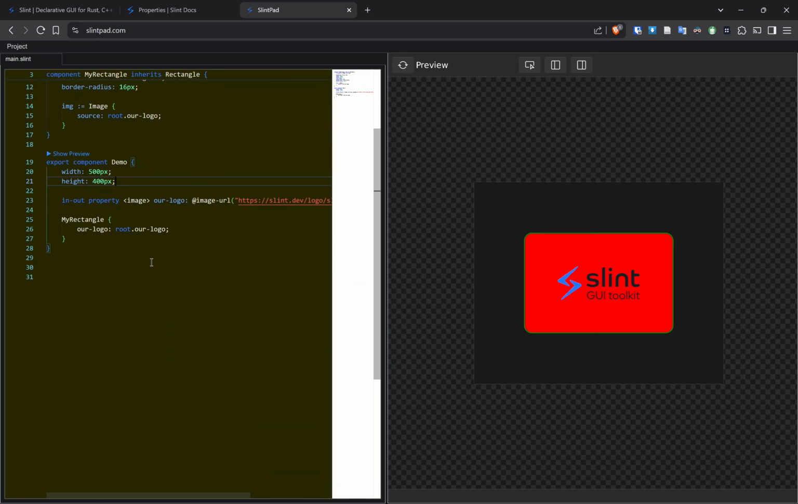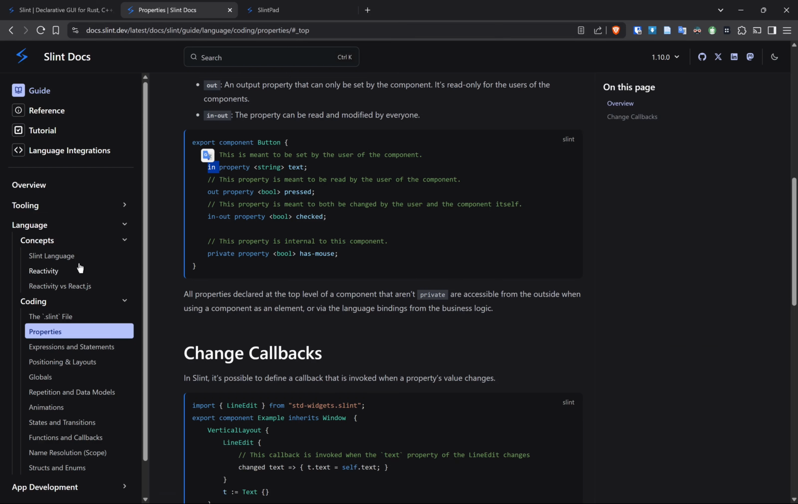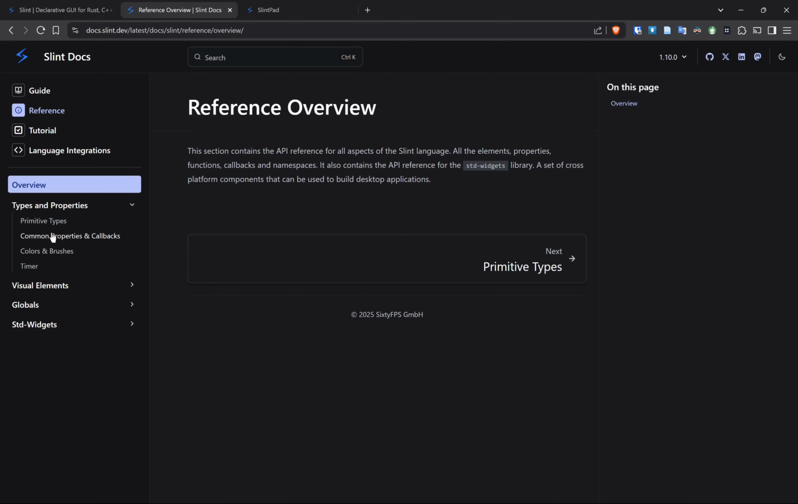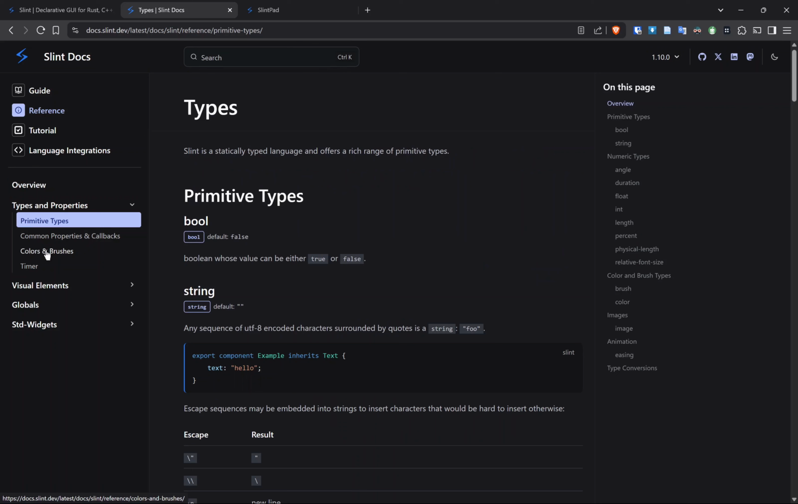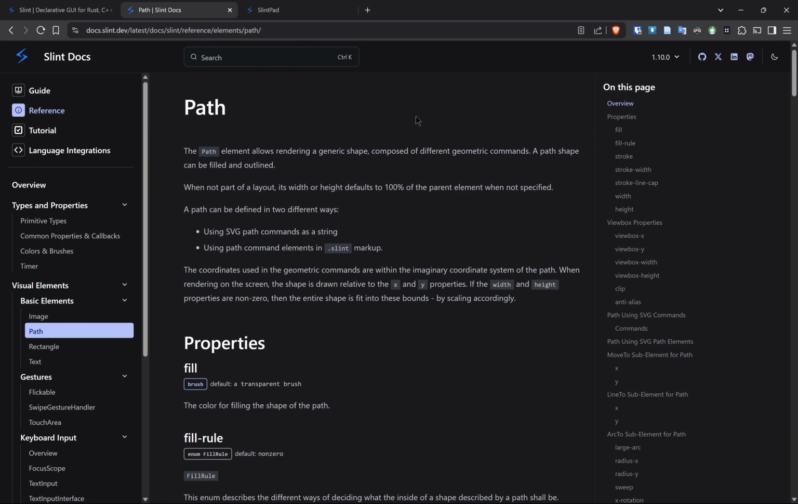So since you've seen how an image works, let's look at our next property in this list, which was path. So we come back to primitive types. Let's look at, which elements? Path. So path, think of path as SVG, scalable vector graphics, SVG. So paths allows you to define a path, which is basically an SVG kind of drawing,